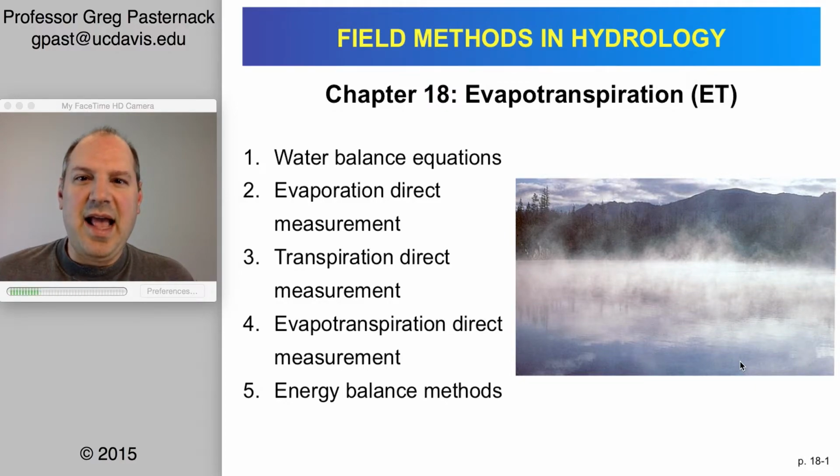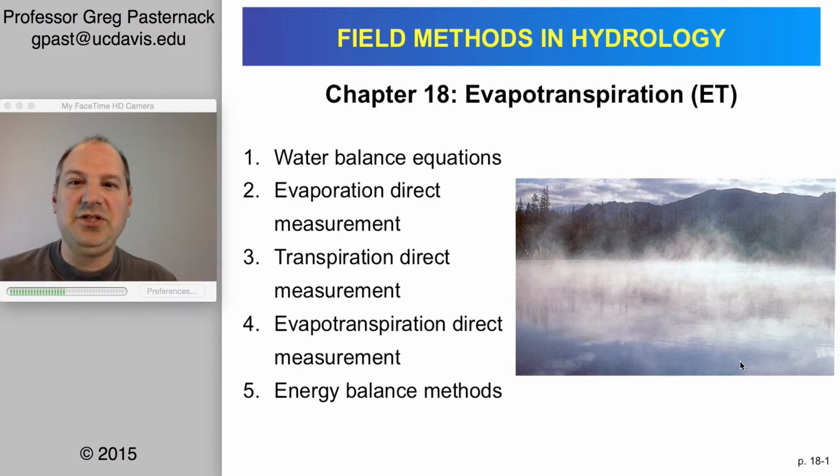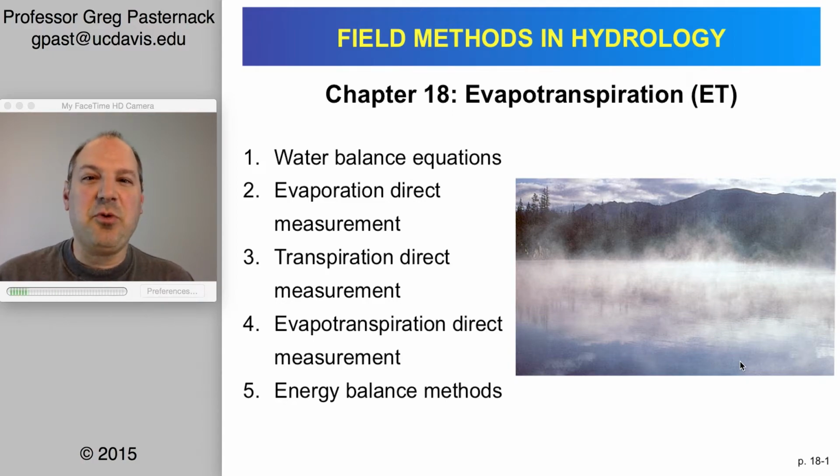This is the video podcast for Chapter 18 of Field Methods in Hydrology, and the topic is evapotranspiration. Now, you may remember from the water balance equations for a typical watershed, where you're going to have precipitation, evapotranspiration, other fluxes, that evapotranspiration is the biggest outflux. And so it's very important for us to, of course, be able to measure it in a Field Methods in